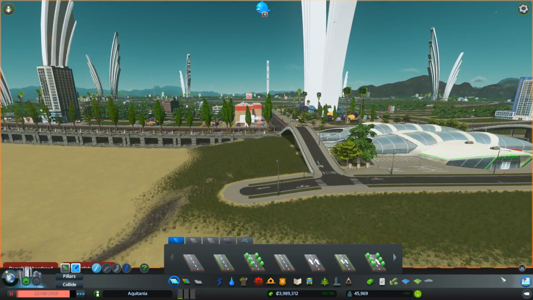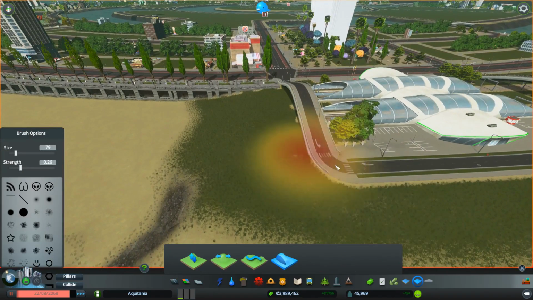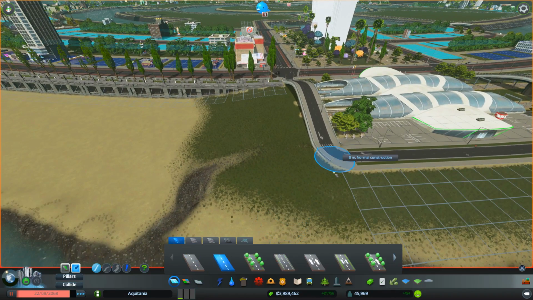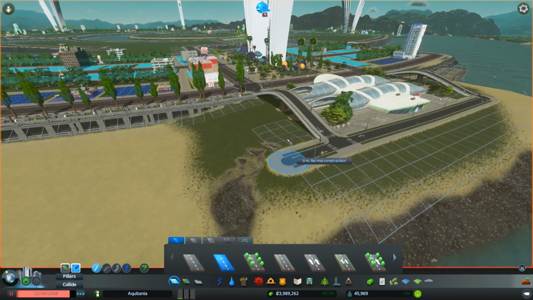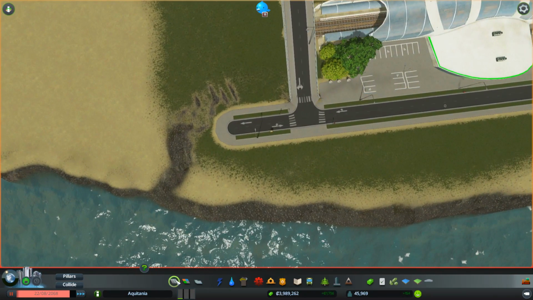That's not quite right. That needs to be at the same level. So let's take the brush size down. We'll take a level over here and just extend that up a bit like that. Alright, and then take this out 4 units. Is that level? Yeah, that looks level. Good. I think I'll mark this and then we'll